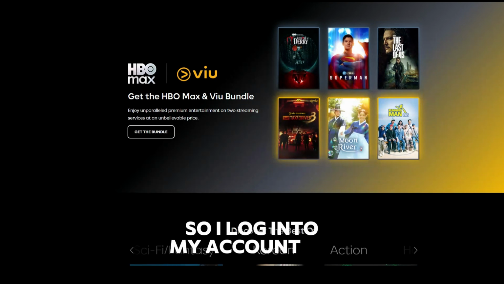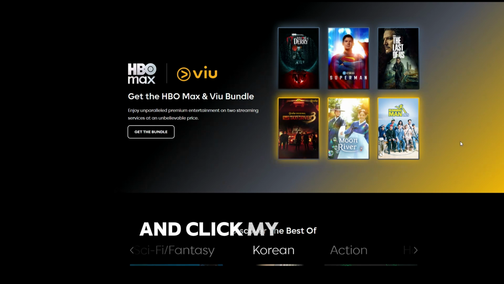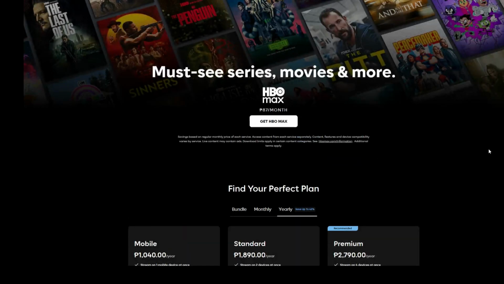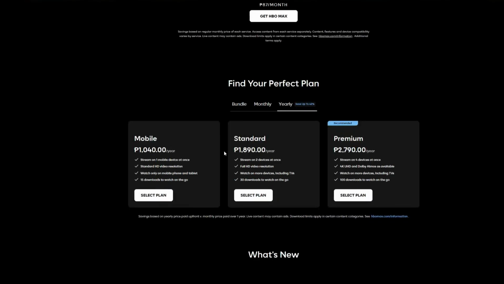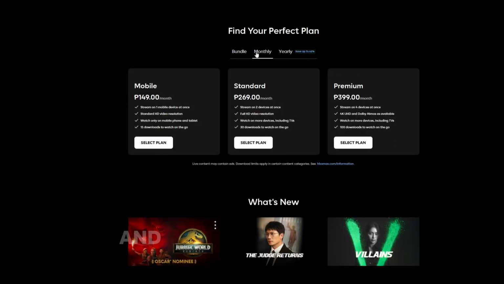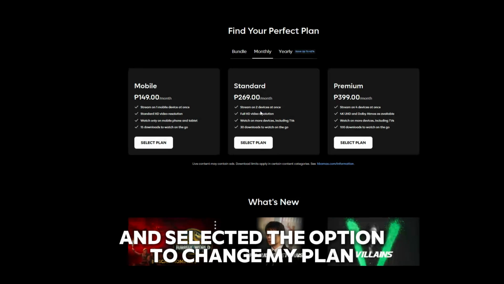So I log into my account on the website and click my profile icon in the top right corner where account and billing options are stored. Then I went into the subscription section and selected the option to change my plan, and that's where I saw